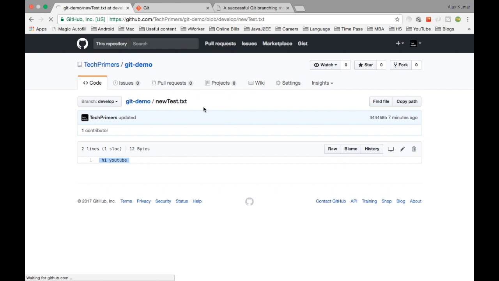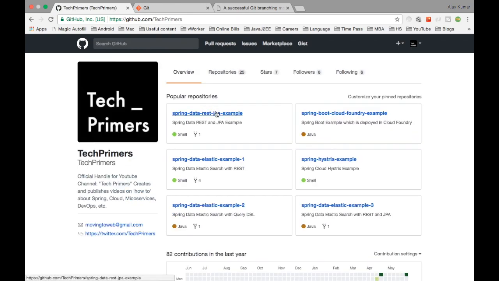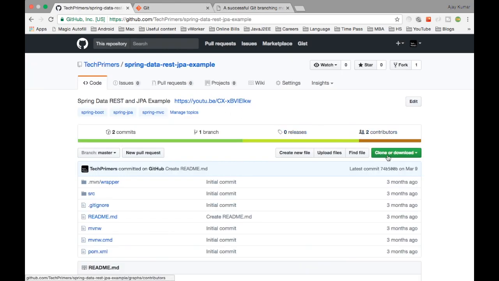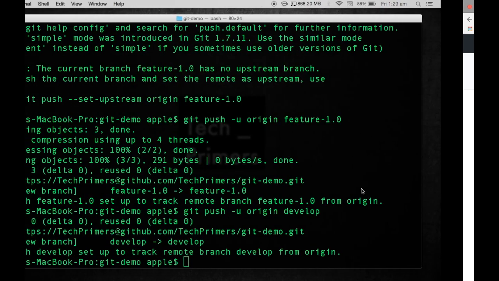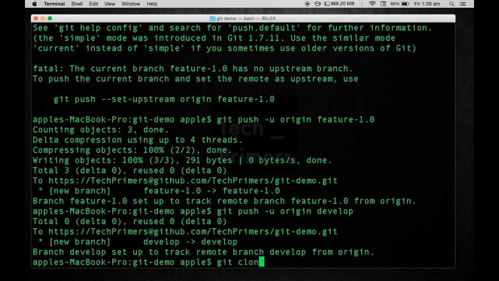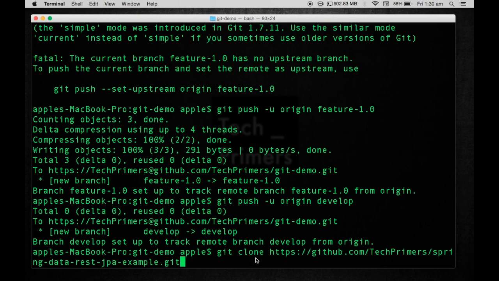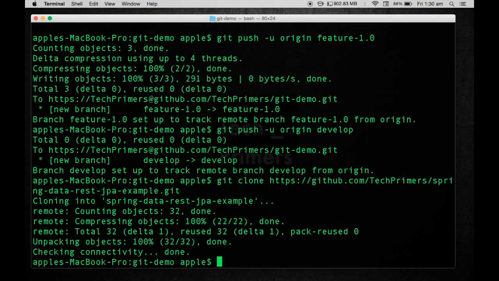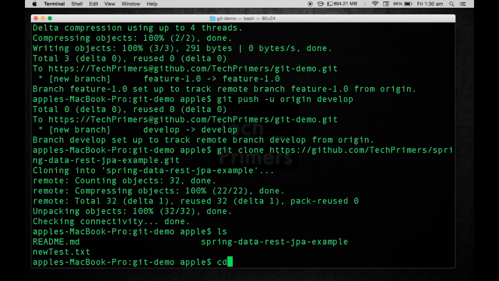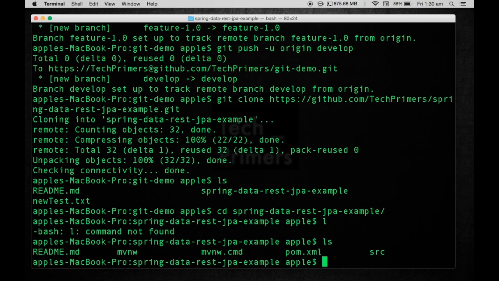Let's say I want to clone a repository. For example, I'm selecting this repository, and I have a repository URL. What I need to do is a git clone command. If I do that, this particular repository will be cloned. If I notice here, this particular folder has got created, so if I go inside and see,